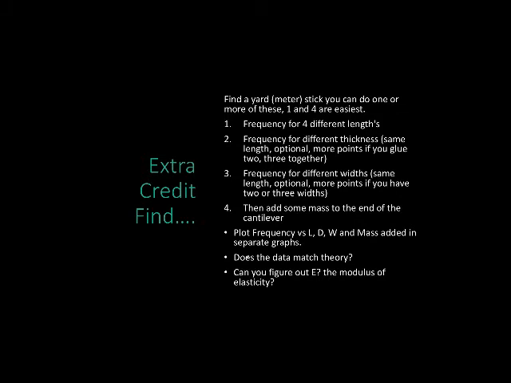And then you can clamp it to the end of a table, and you can determine the frequency for 4 different lengths. And you do that by taking a video with your smartphone. A lot of the new smartphones now can do 240 frames per second, right? Back in the day, it was 30 frames per second, but you can determine the frame rate of your camera. You can take that video, look at it frame by frame, count the number of frames per oscillation or the number of oscillations for so many frames, and then you can convert that into cycles per second